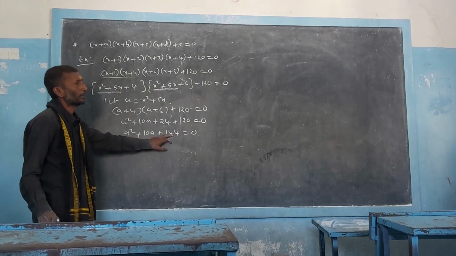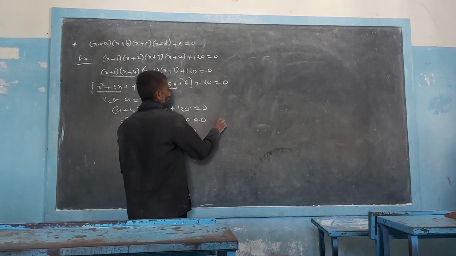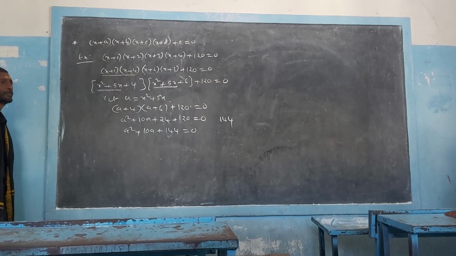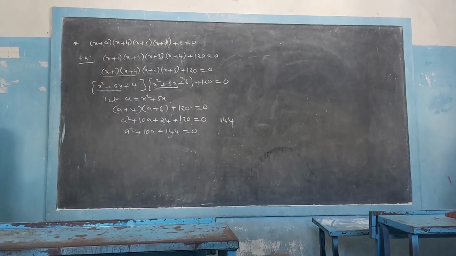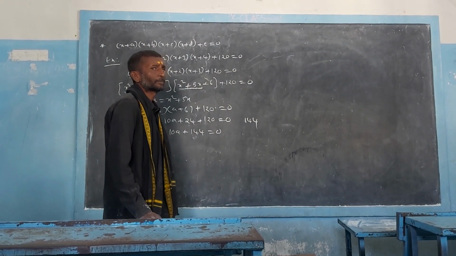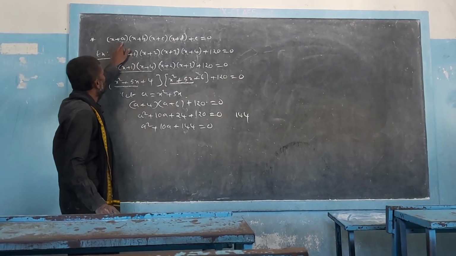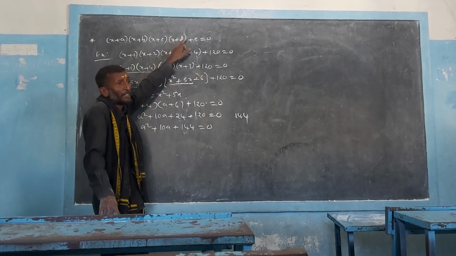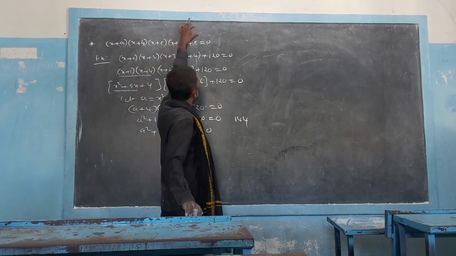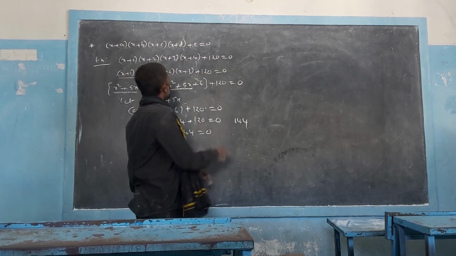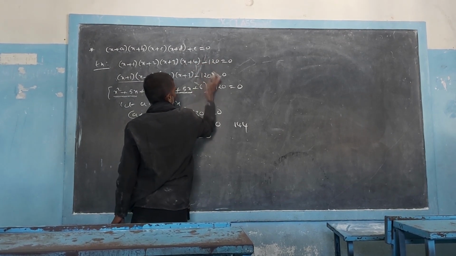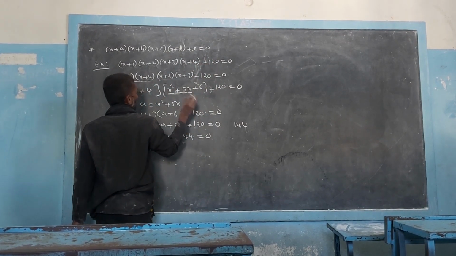We need to take outside 144. Stop there. Just look at the board. We have taken the form x plus a into x plus b into x plus c into x plus d plus e. If it comes to this side, minus a also, no problem. So I want to take in the place of e here the minus 1. Then you get the answer very easily. You can understand the problem very easily.